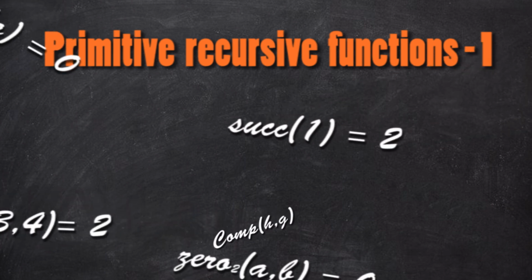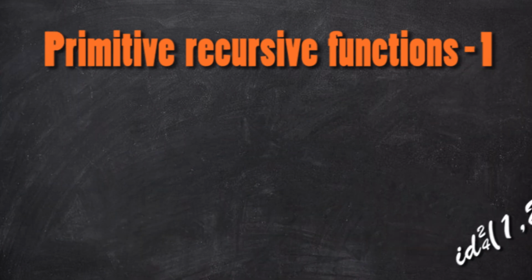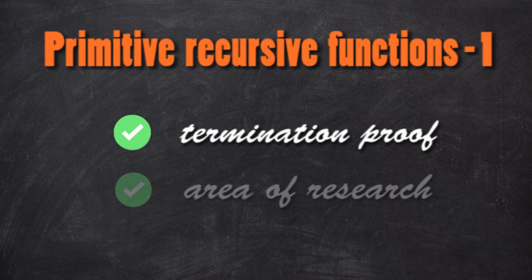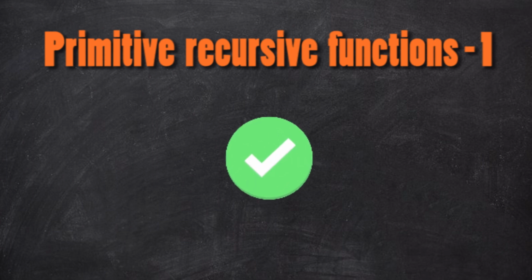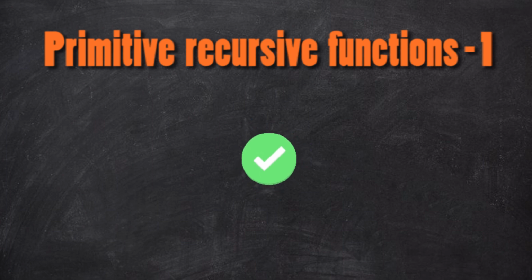The primitive recursive functions were introduced to prove that some functions always finish. This is still an area of research, and that's maybe why you're interested in it. If you can write a function by using the following components, you prove that the function finishes. It could be very useful in some cases of mathematical research. Let's see how to do this.